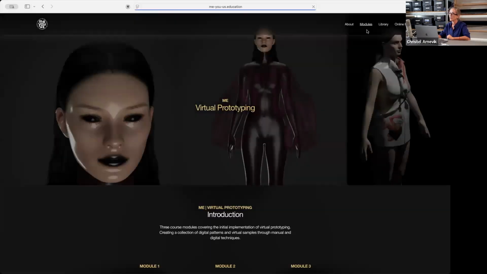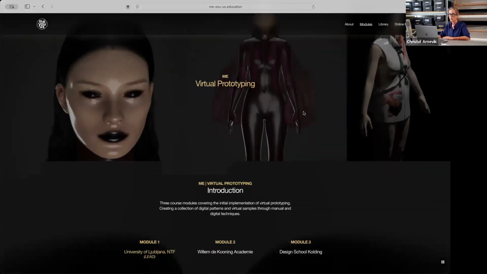In the me project part, we implemented Clo 3D, and I will do